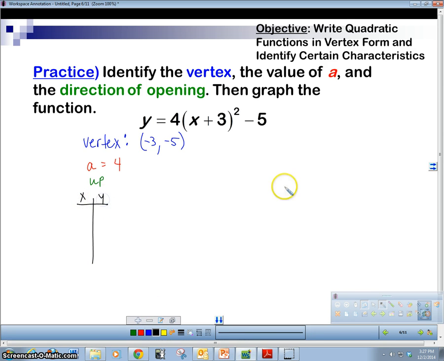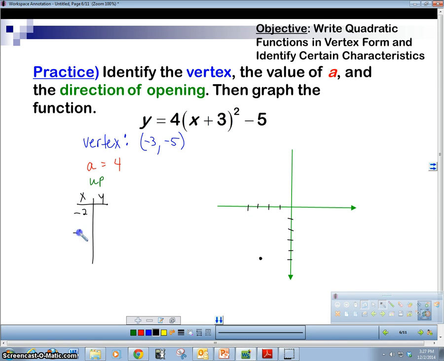Let's do it the right way here and make some nice looking axes. Okay. All right, so then I'm going to plot my vertex, which is negative 3, negative 5, right there. And then I'm going to go 1 over, so negative 3, so I'm going to do negative 2 and